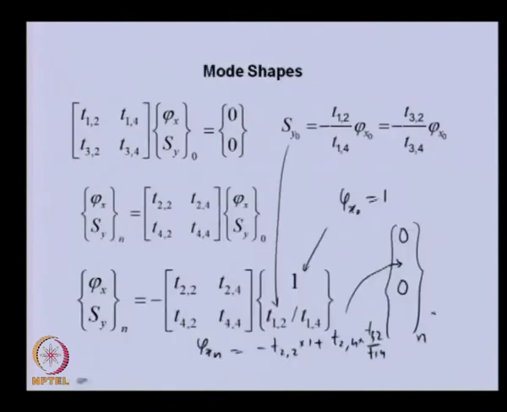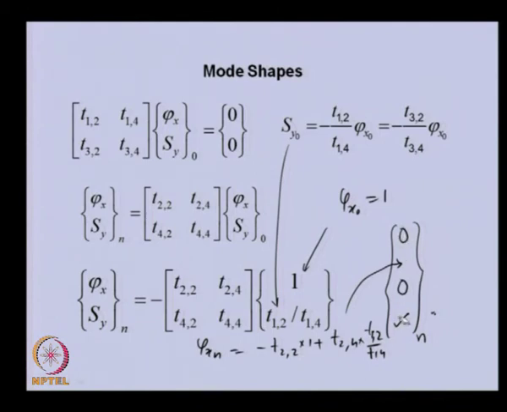Now, the shear force will be given by this. So, T 42 into 1 and T 44 into this term will give us the shear force. So, we know the state vector at the nth station completely. And once we know the state vector at one station completely, we can use the transfer matrix to transfer back the state vector from one station to another. So, we need to know only the state vector at one location.